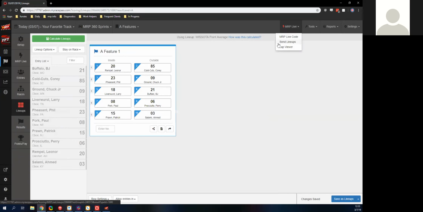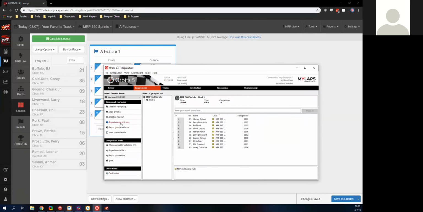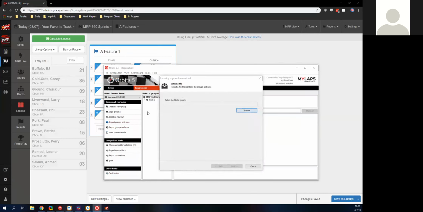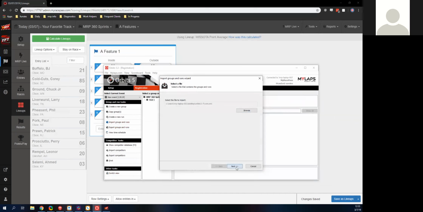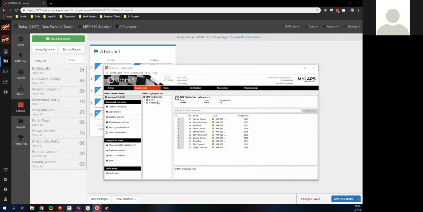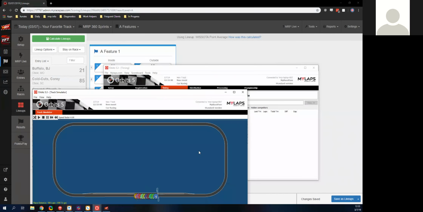We're going to repeat our process again. Send lineups. Lineups are sent. Open up the timing. Go into registration. We're going to import that same file, at least the runs file from right here. It's going to be a little different because this time it's going to have our A feature on it. So you see that A feature. We're just going to select it and go right into the timing